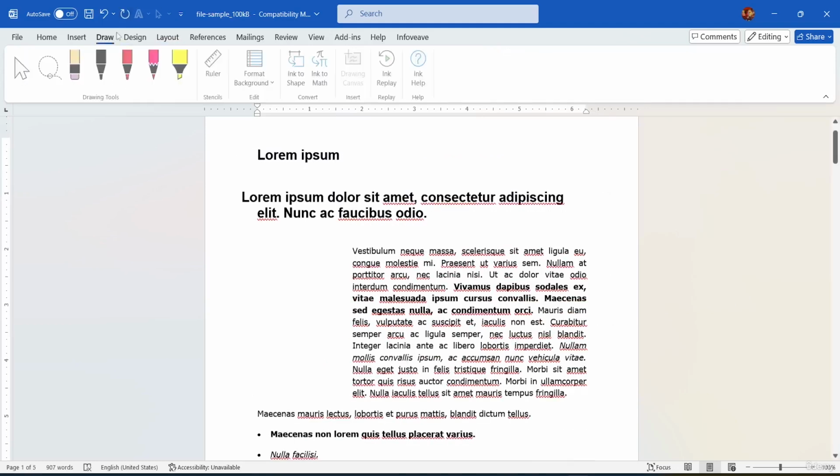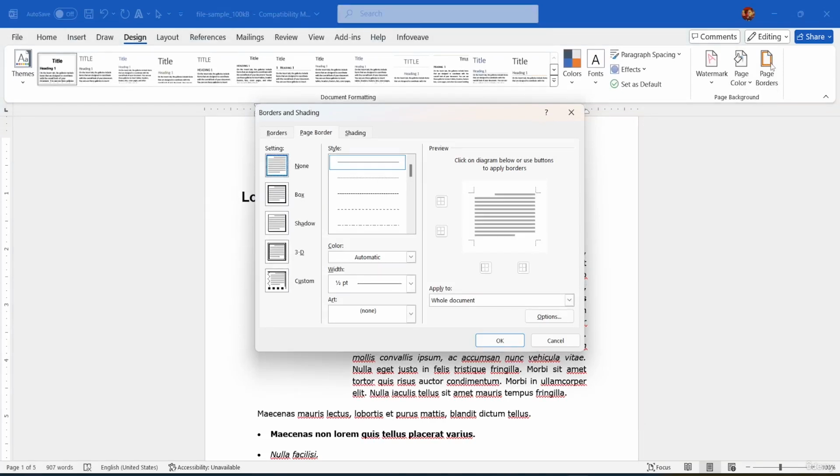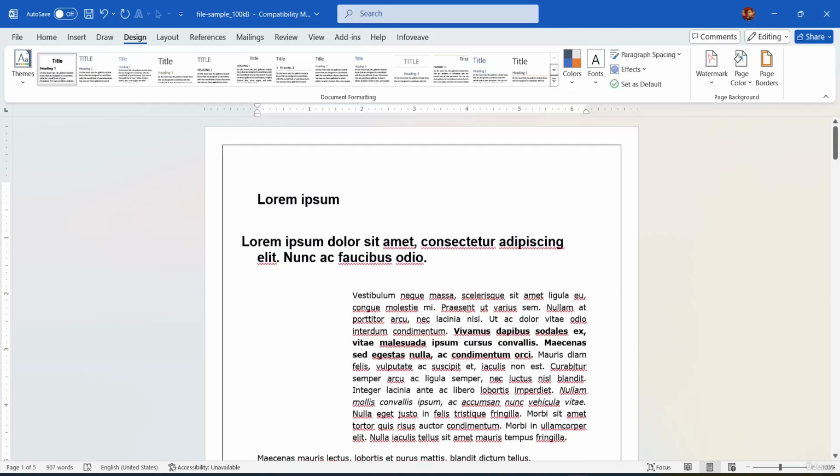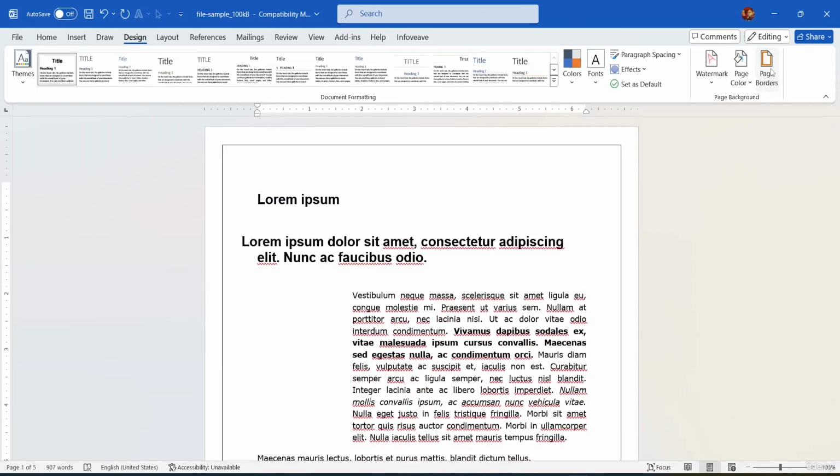So let's come over to this layout option, and from here I will come to the design option and turn on the page borders. Once I'm in the page border, let me go with this box option. Once I'm done, I'll click on OK. If you take a look over here, once I have activated the page borders, you can see that so much space is left. There is a lot of space left on top, and in the same way, if I want to make sure I save pages on the sides as well,